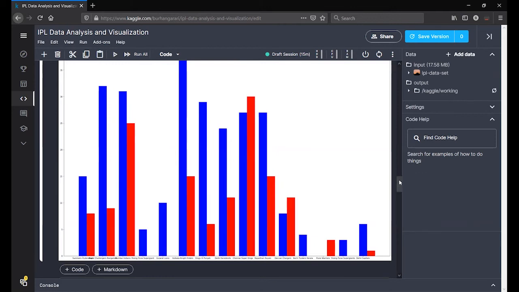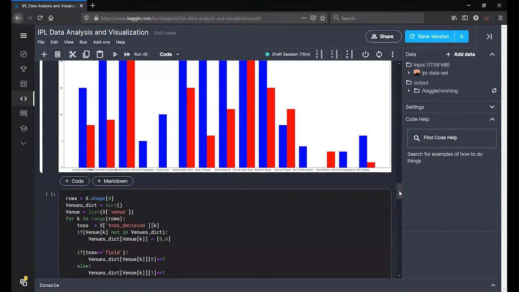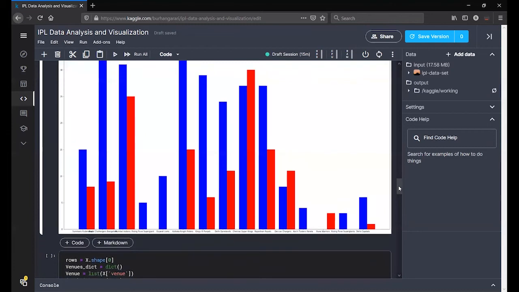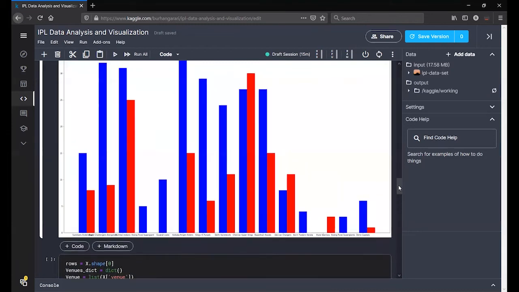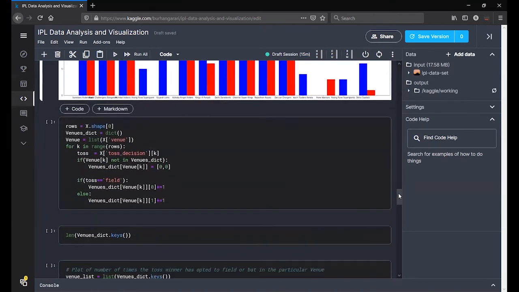And here we can see that Pune Warriors, whenever they chose to bat, they won the toss, and Rising Pune Supergiants, whenever they chose to field, they won the match. Similarly, if we see Mumbai Indians, the number of times they've chosen to field, they have won the match. And for Chennai Super Kings, whenever they have chosen to bat, they have won the match.